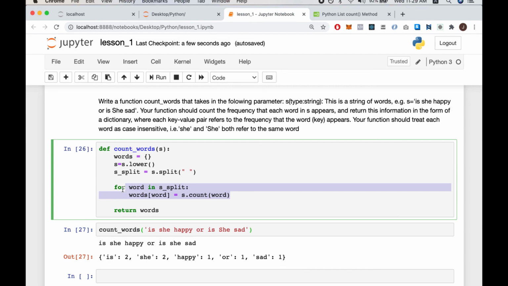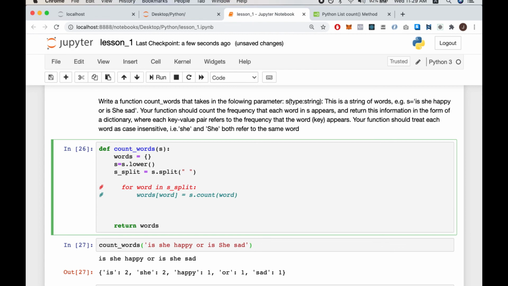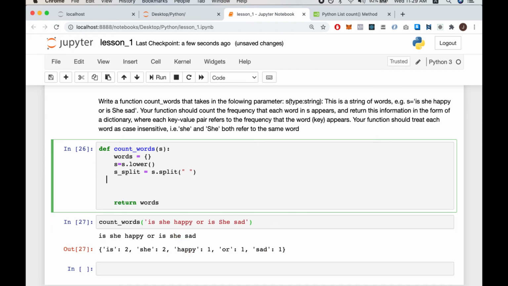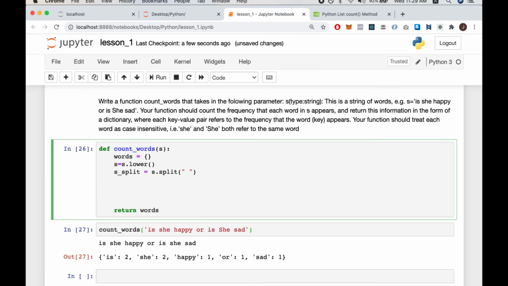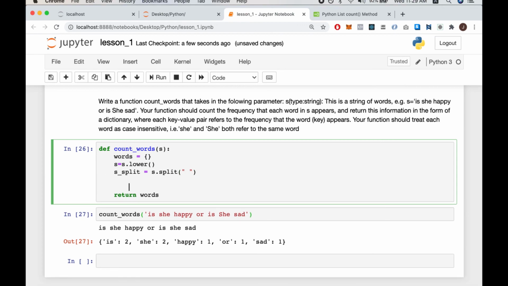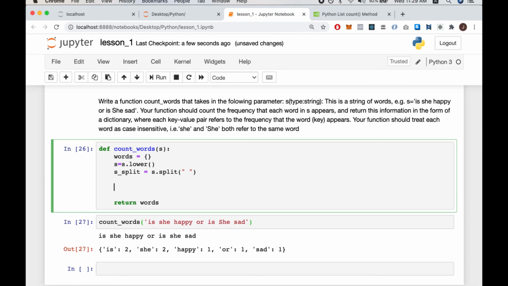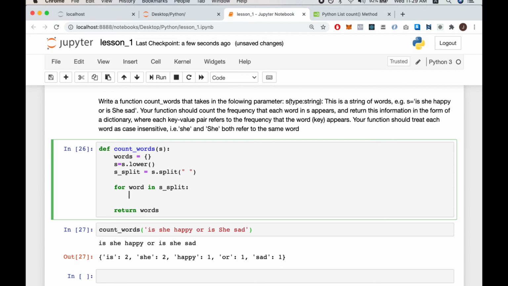And if you want another way to do it, which I'll actually show you, because I feel that this way it's a little bit difficult to visualize. So I'll delete this and show you another method, which requires a bit more code to be written, but it's easier to understand. For word in s_split,